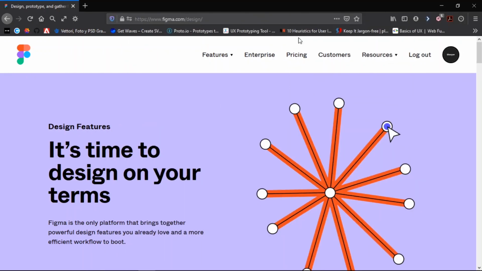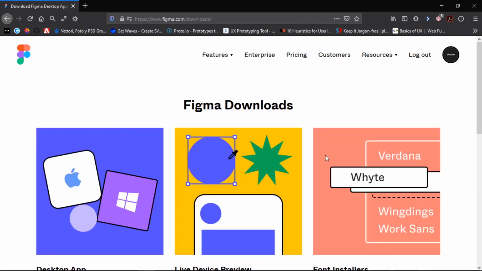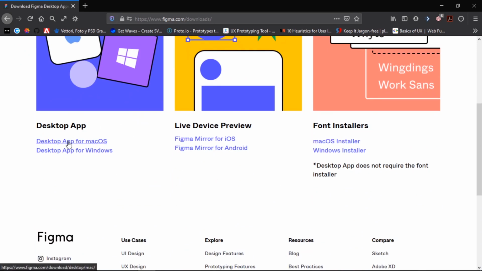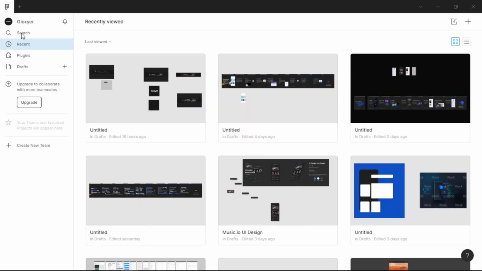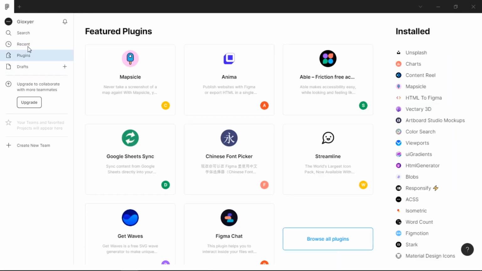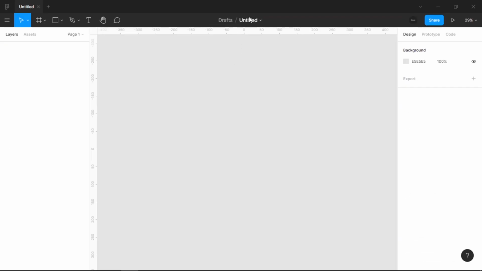Today we just start by downloading Figma, resource, downloads, and then you can select a desktop app for Mac or for Windows. Now we just start with the software. There are search bar, recent, plugin, and drafts. Today we just start from the draft with new file by add new file, blank canvas, create file, and then if you double click, you can rename the file UI tutorial,